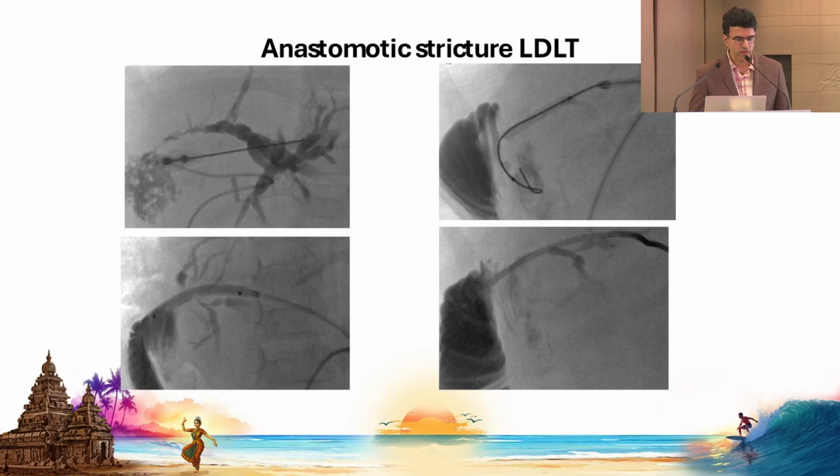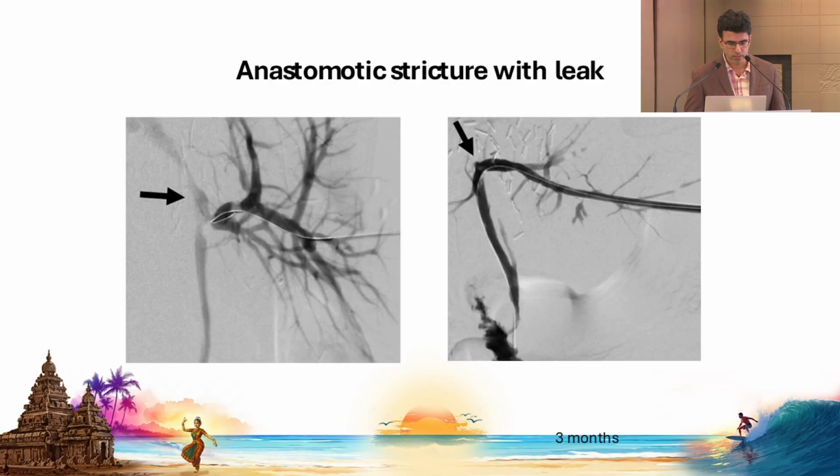So technical modification in infants, sometimes we use 5 French catheters. The problem is the hub. So this is the angiographic pectoral catheter. We cut the back side of the catheter and can place an infant feeding tube hub to connect for a connector. And in this case, the 6 French or 8 French catheter is cut and acts as a hub for the 5 French angiographic pectoral, especially in neonates when external biliary drainage is required.